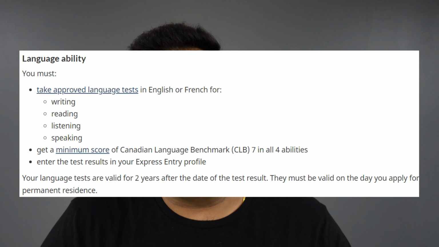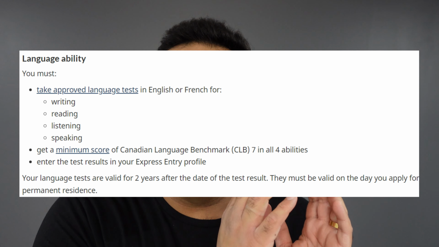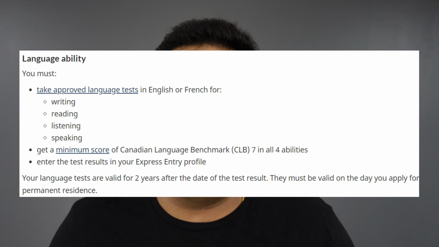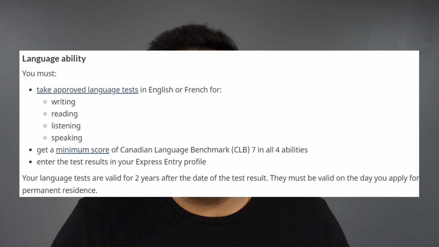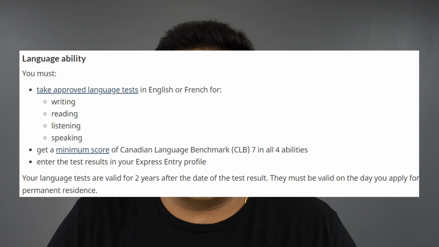First of such documents is an IELTS score, which is a language score, which is not only limited to IELTS, but there are other language exams as well. We refer to IELTS very commonly because that's one of the most commonly used language exams. So if you're using an IELTS exam, you should go for an IELTS general exam, and it is always marked on all the 4 different modules. So listening, speaking, reading, writing, you should be getting some scores in that based on the program that you've selected,